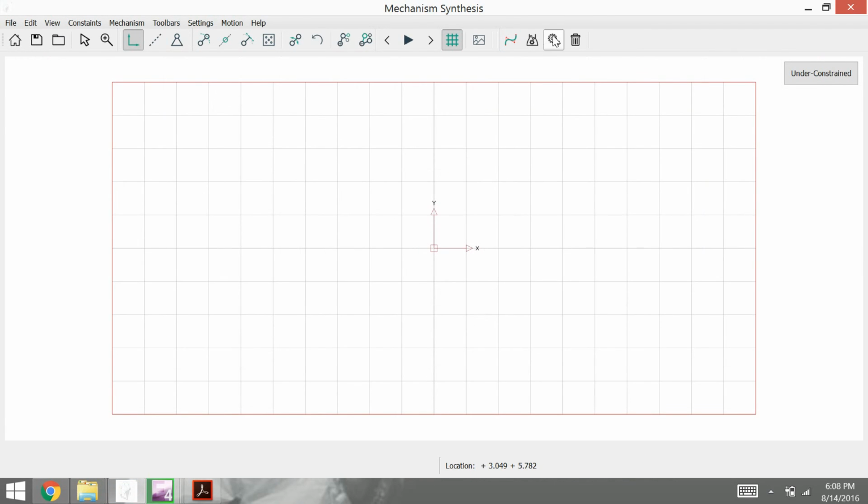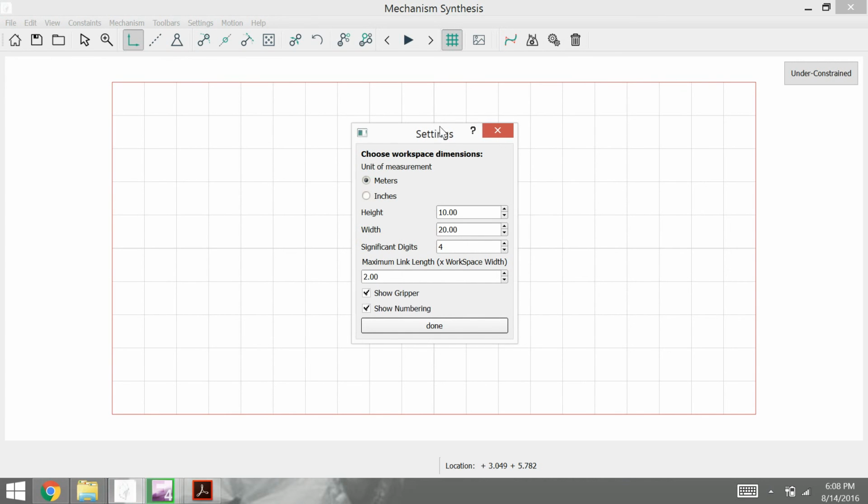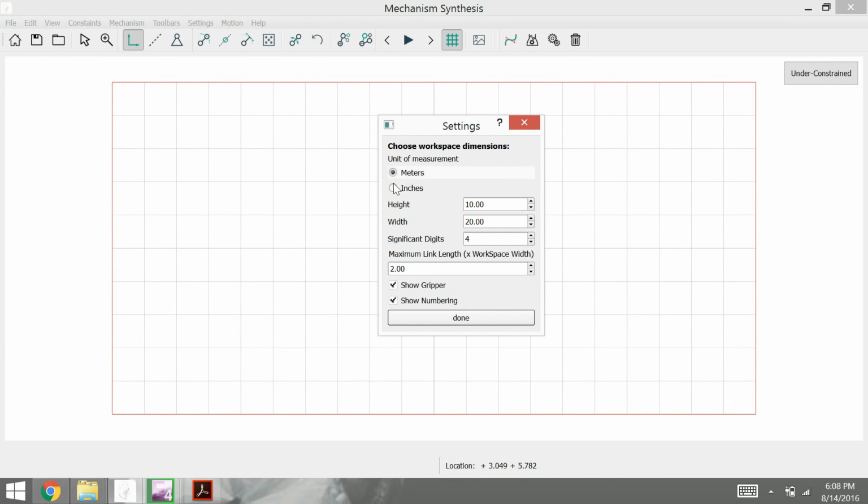Next we'll see the setting window. From the setting window we can choose the unit of the mechanism. So I'm keeping it as meter. We can change the size of the grid. This is a grid. We can change it. I will just make it 30